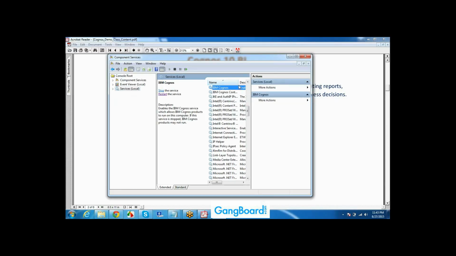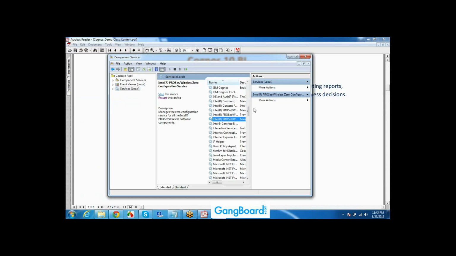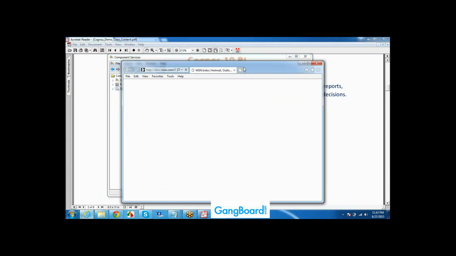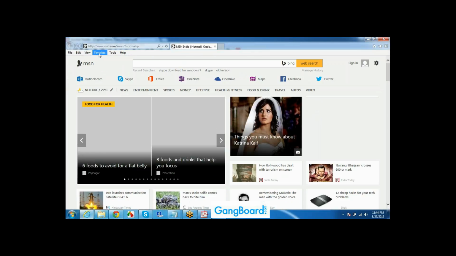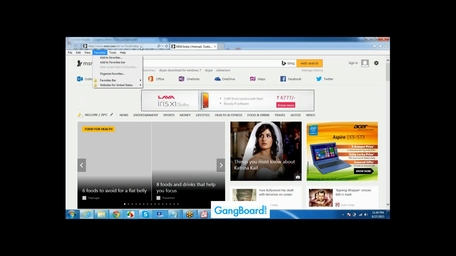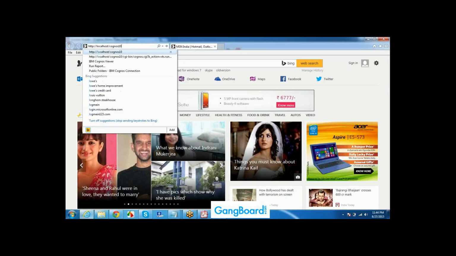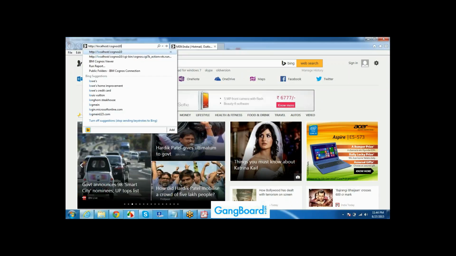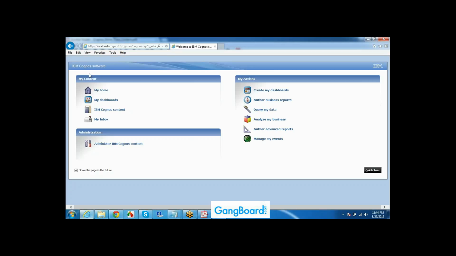Here you can see it. How will I see that service? I will go to Run and type services. You can see it on your laptop also, services will be there. Now I will connect to the Cognos link. Something is stored here in my cache memory. Let me type localhost. This is the URL. I already used it, that's why I'm trying to log in now. So this is Cognos.